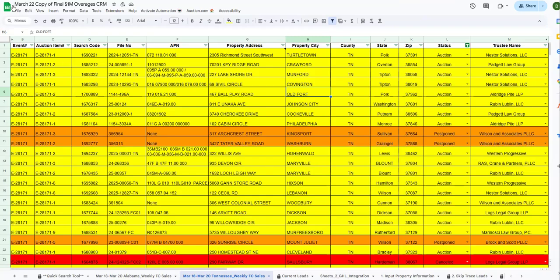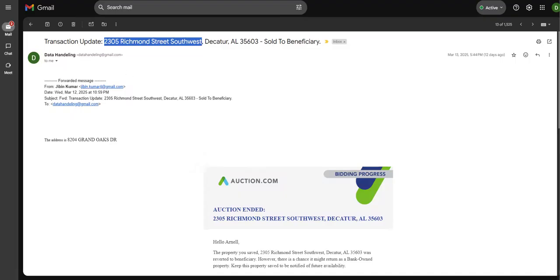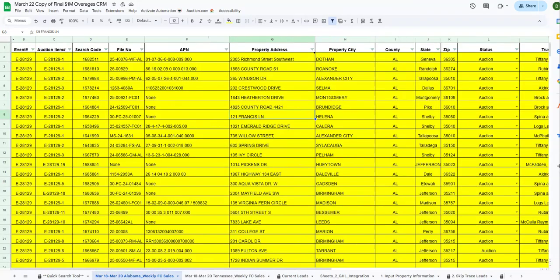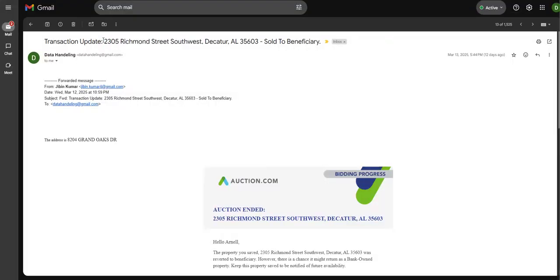So this is the file you last shared with me, and I have the email available for this. Let me test this sheet, where Alabama is working but not Tennessee. What I've done is I went into my Gmail and copy-pasted the address from another Gmail address, which is already available in the email,